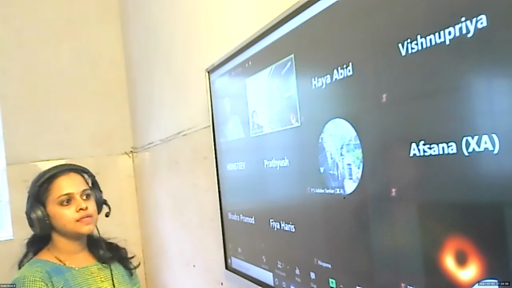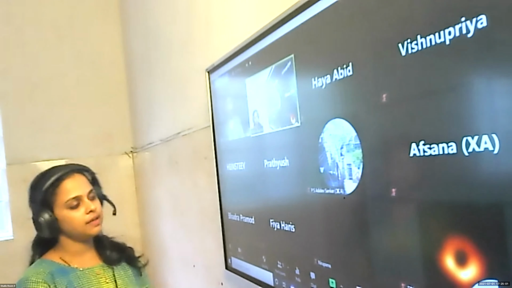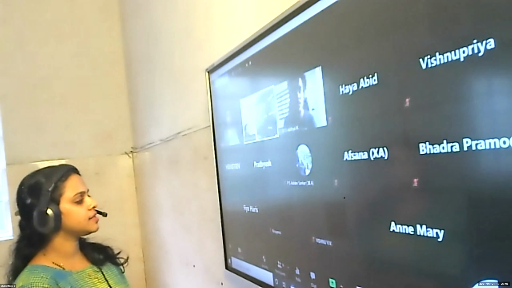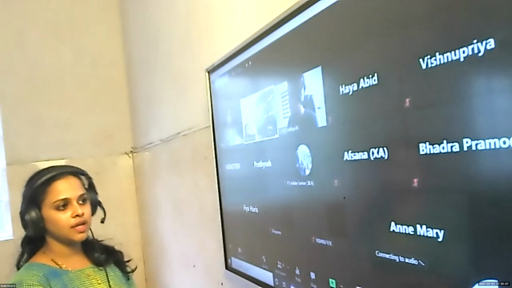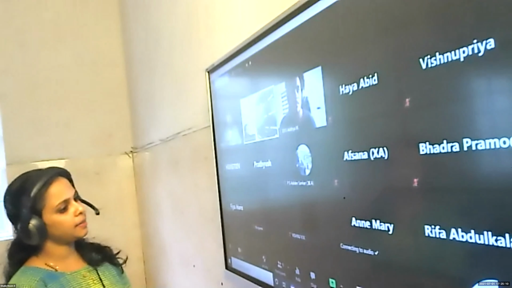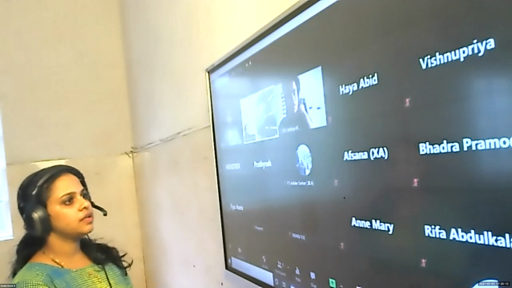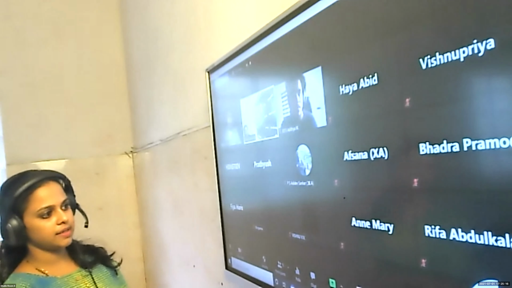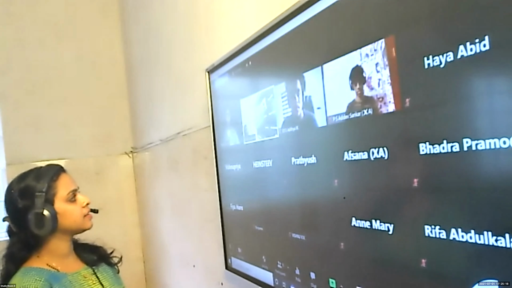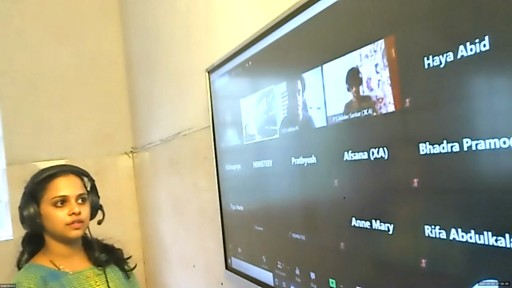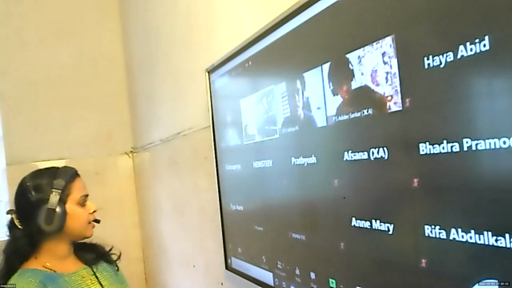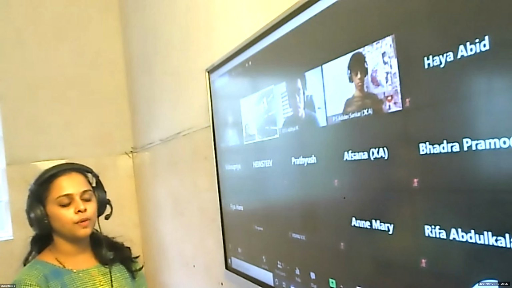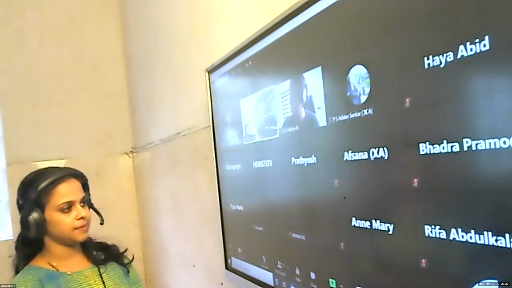So in our last class, we were discussing electricity, the definition of electricity, the equation for calculating electricity, and the device used to measure electricity, its SI unit, dimensional unit, and the relation between the charge and the number of electrons present in a circuit. And what do you mean by electric circuit? What are the different types of electric circuit? These all topics are covered in our last class. So we can once again recall all these topics, then we can move to the next one.